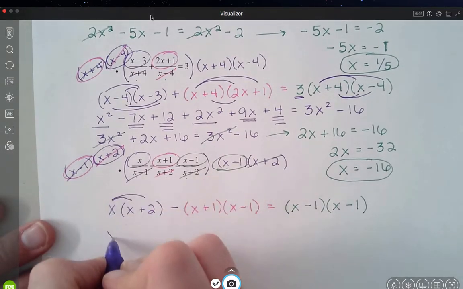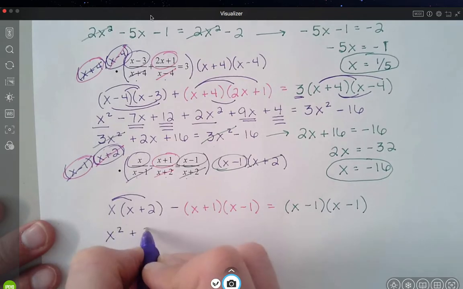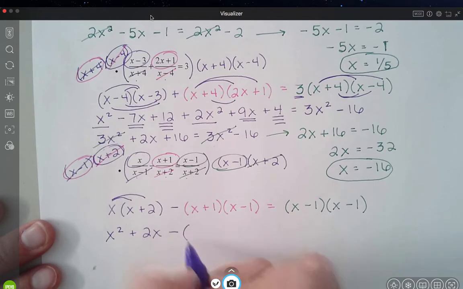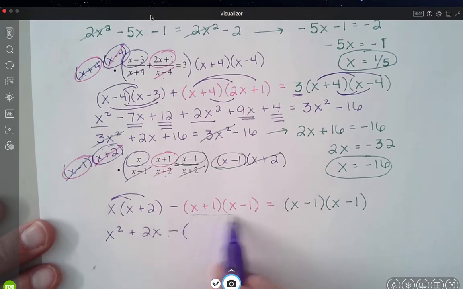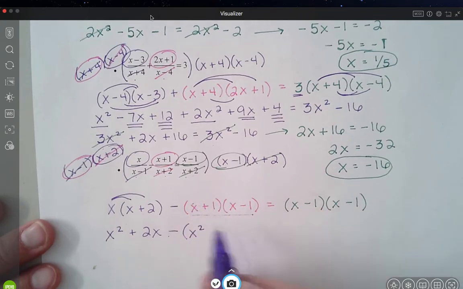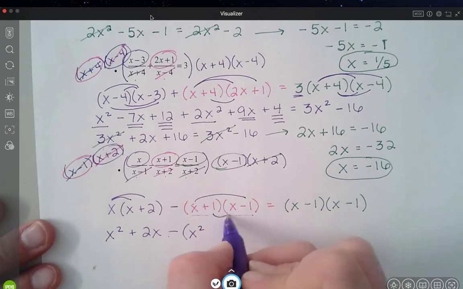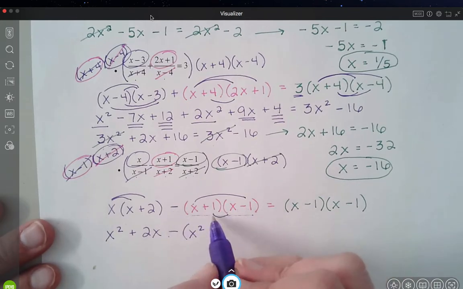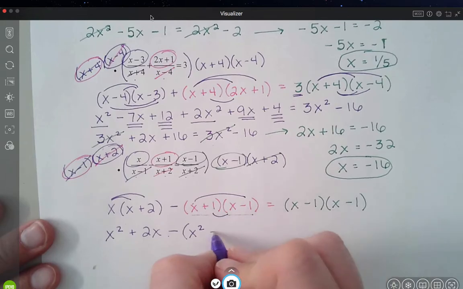So here I'm just distributing x squared plus 2x. Okay. Here, I'm going to write it like this. I'm going to write minus parentheses, and then I'm going to do my FOIL. So this is going to give me x squared. This is another one where the insides and the outsides are going to cancel themselves out, negative 1 and positive 1. But then my last term, 1 times negative 1 is minus 1,